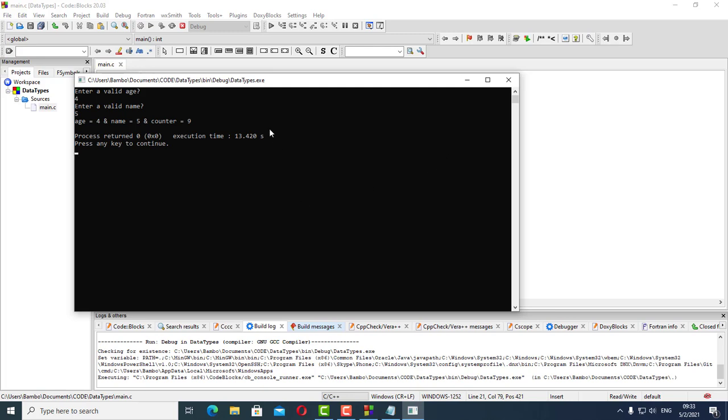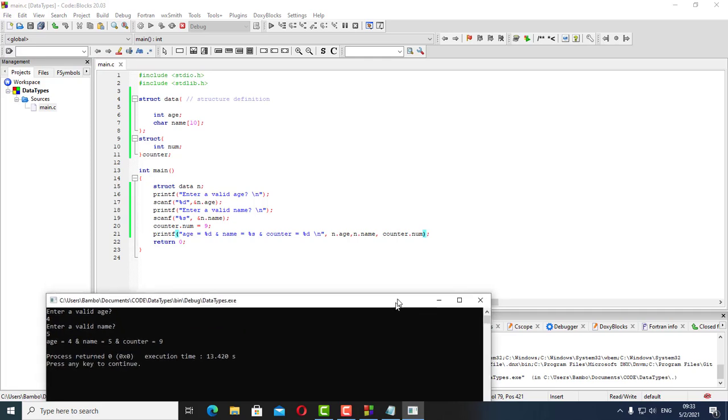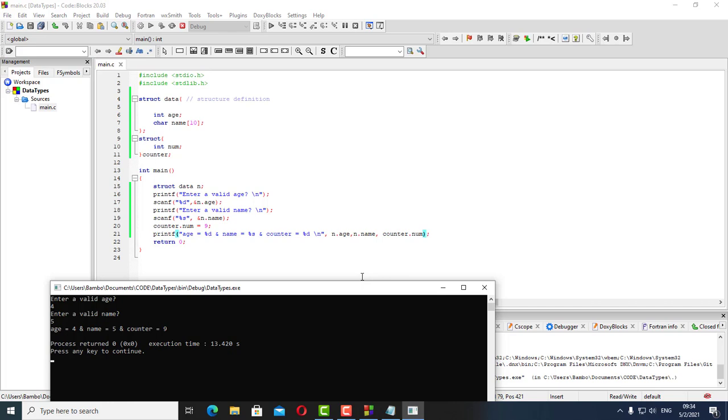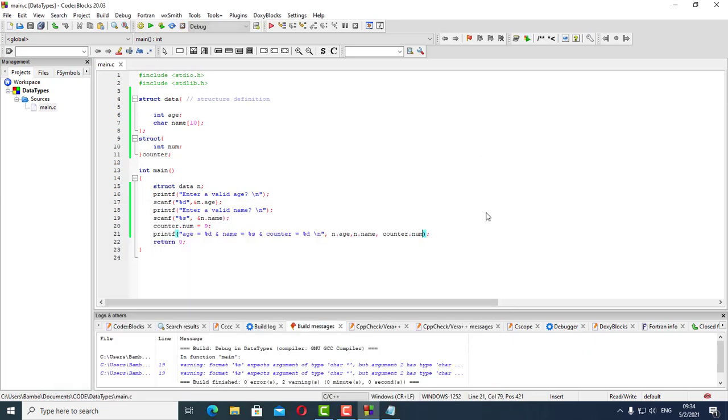Okay, like that. I don't know why it didn't work on the first one. So our age is 4, our name, it actually just took 5. I think it's because, okay, that we would definitely need to fix in the next project, but at least we have our use. Rather, we need to fix it in terms of the logic, because it still gives us what we are looking for, and this is how our structures